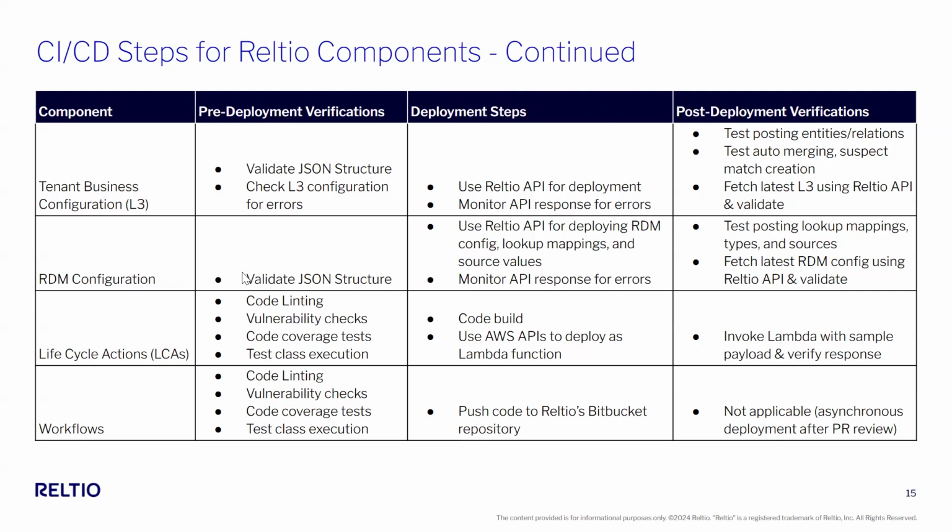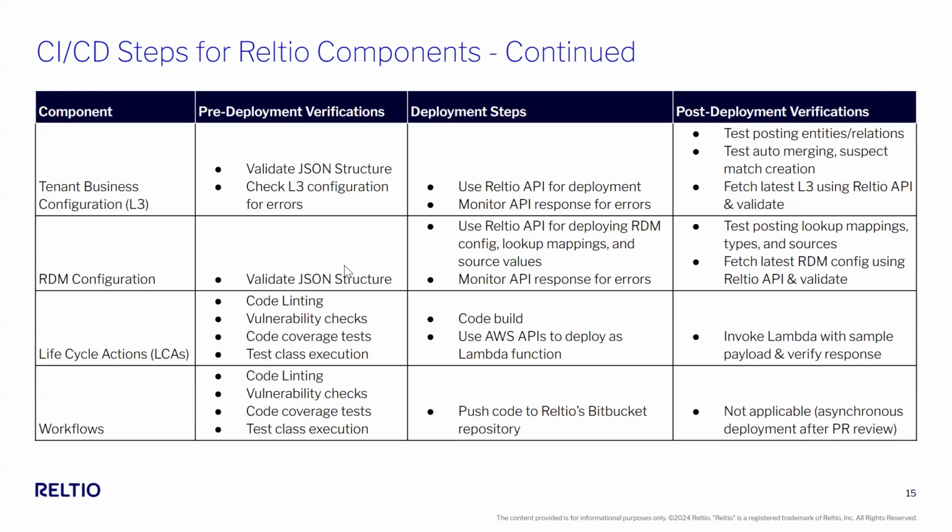Similarly, for RDM configuration, in terms of pre-deployment, you can validate the JSON structure. You can use the standard Reltio APIs for RDM deployment and monitor the API response for any errors. In terms of post-deployment verification, you can test posting the lookup mappings, types, sources, etc., and fetch the latest RDM config using the Reltio API and validate it. Very similar to L3, but the set of APIs and verification steps may differ, and you can